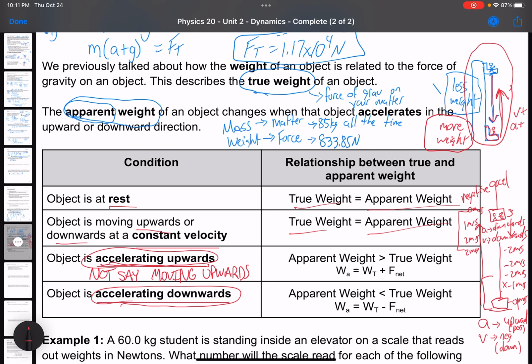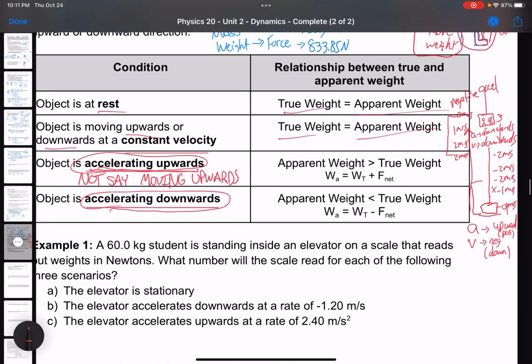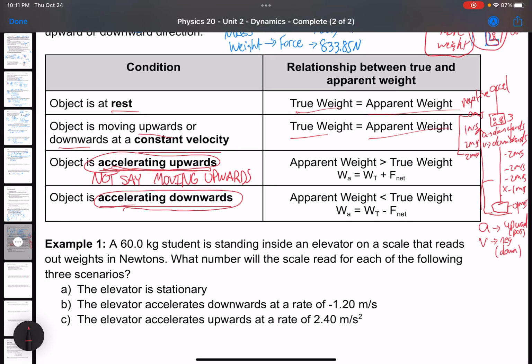lots of times students get wrong because they're like, oh, it'll talk about an elevator at the bottom moving downwards and coming to rest, and they're like, oh, it's moving downwards, I'm going to use the downwards logic, and that is incorrect. Okay, so just to finish this off, if something's accelerating upwards, its apparent weight is greater than its true weight. So the scale will read more than it would have when they were standing still. And we have the opposite when something's accelerating downwards. Okay, so really just try and keep that visual in mind and remember that you're looking for the acceleration, not